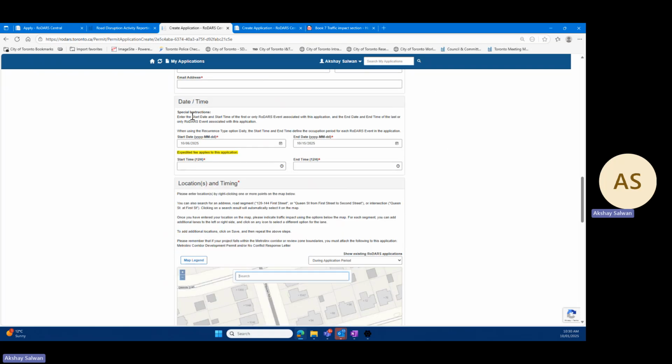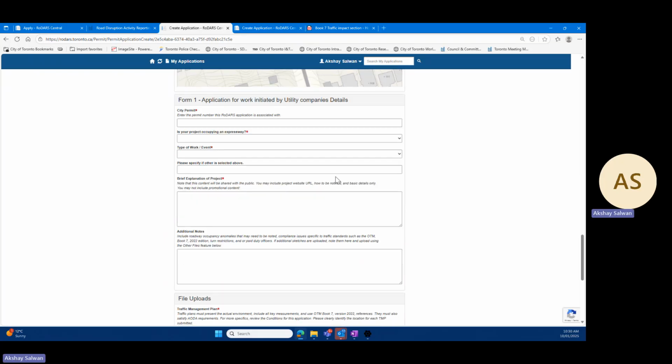The date and time, I'll go through it, but just to give you context, this date and time is the overall duration of the project. So overall date and time of the duration of the project. And then